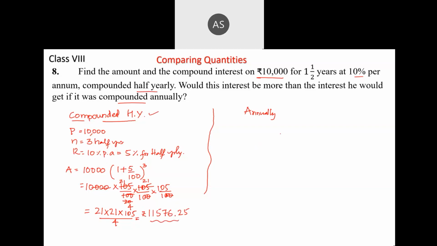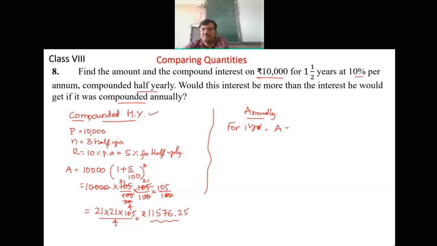For annually, what do you have to do? Can we calculate for 1.5 years directly? No, sir. We have to calculate for 1 year, and then take simple interest for the half year. For 1 year we'll calculate the amount, because it is annually, for 1 year. It's 10,000